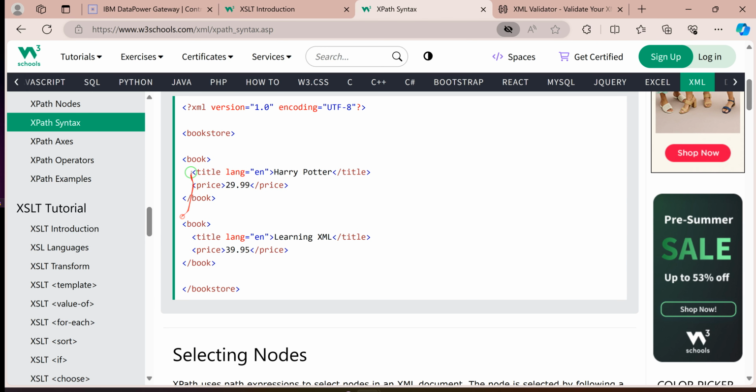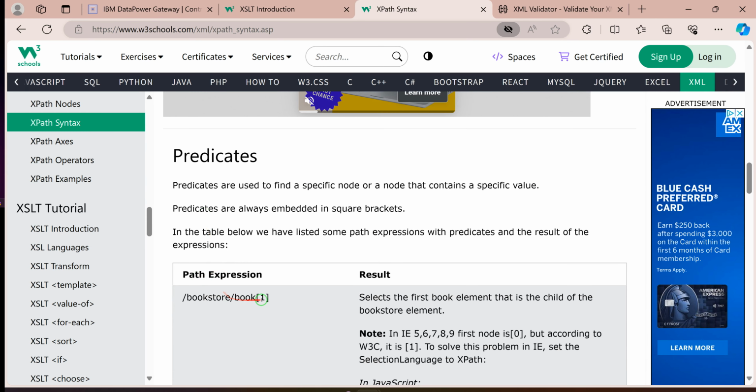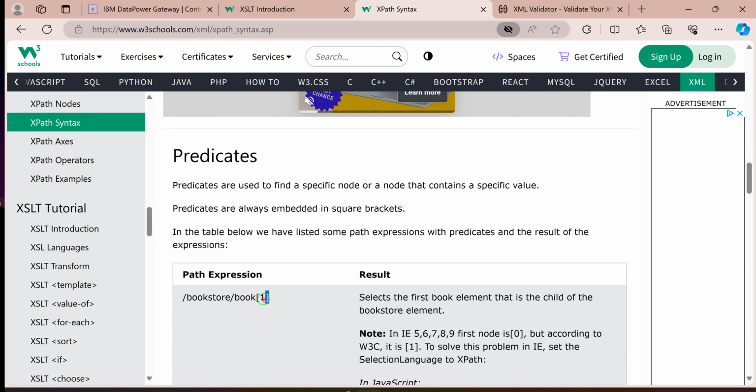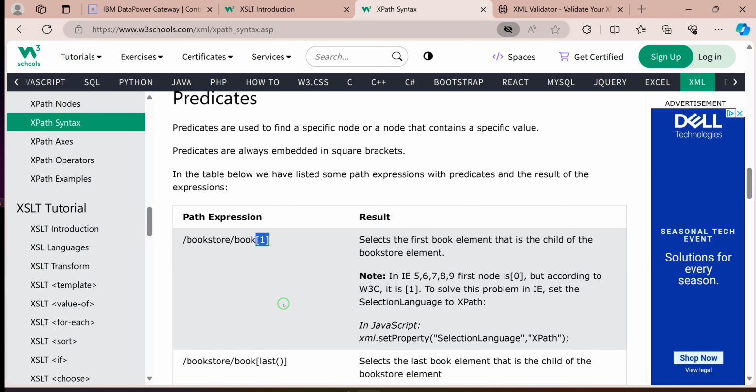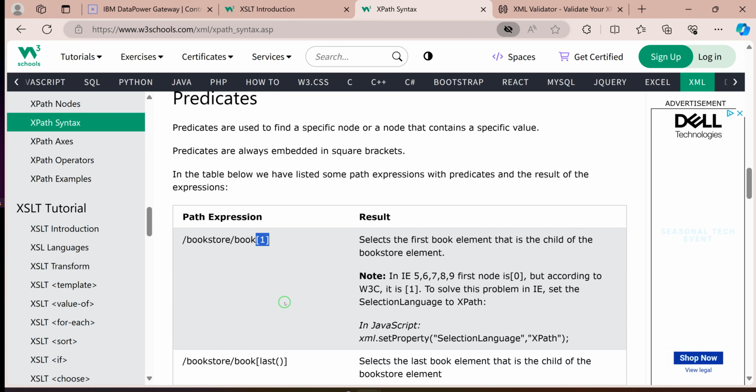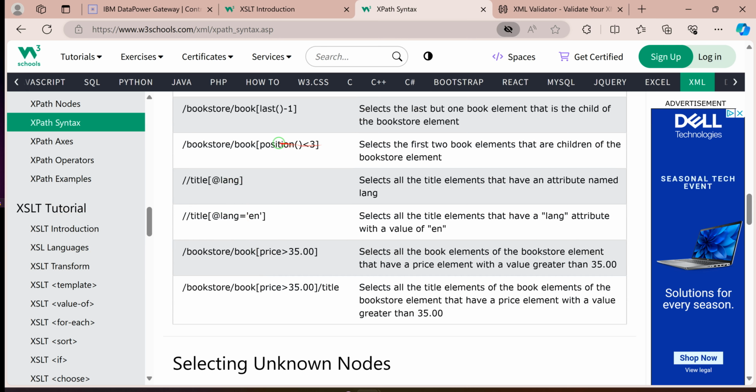But right here with the example, they just put 2. Array, you need to say bookstore, book, and the book tag, I want the first child. They will pick the first child for you, the first book element. If you want to use the function, this is the function. Use the function, they will pick the last bookstore, like the second. We only have 2 right here. So just because it takes longer, you just come right here and learn about this